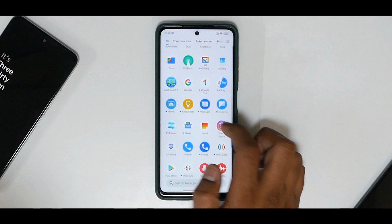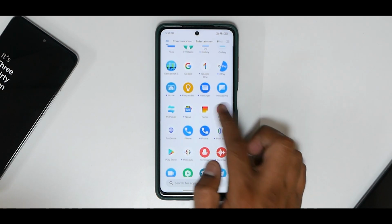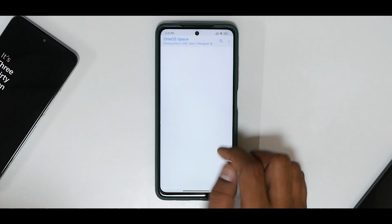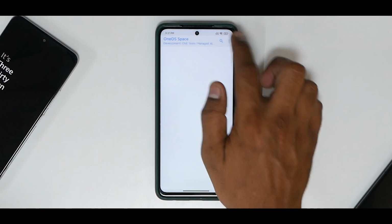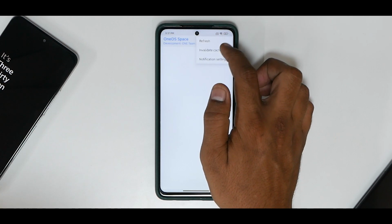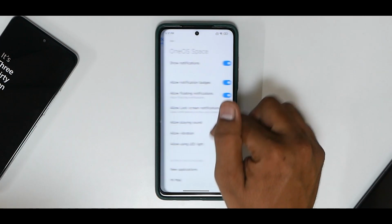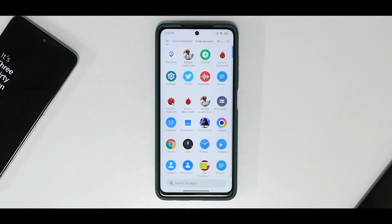You do have something called One OS settings. There you go, One OS Space. What happened? Yeah, for some reason it seems to be not working. Anyways, we can have a look at it in the complete review if I ever go ahead and do that,